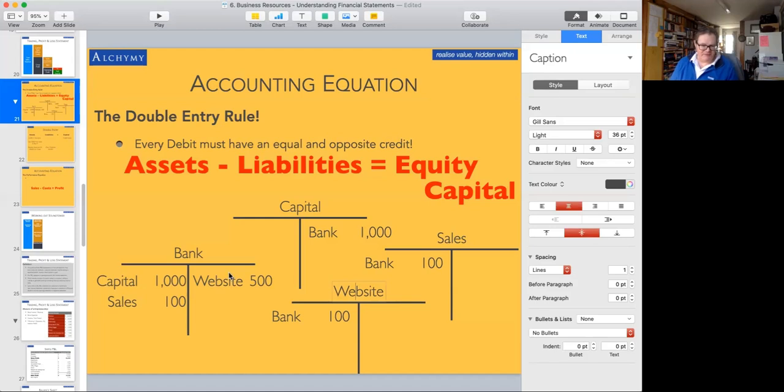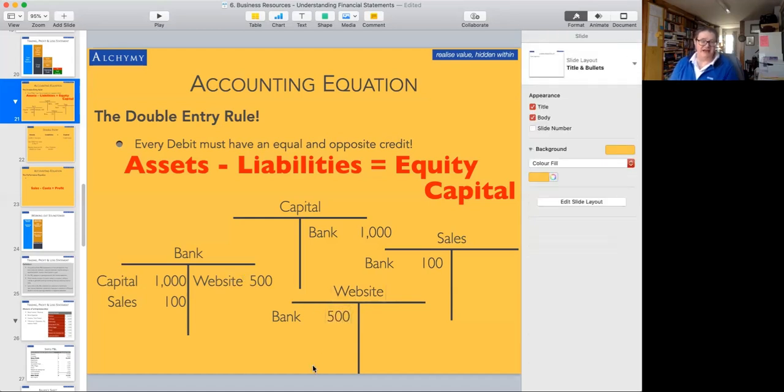Now, I spent 500 out of my bank account, so I've got 500 here into my website account. So that's actually an asset. So now I know I will have 600 in the bank, 1,100 less 500, I have 600 left in the bank, but I've paid for a website which is worth 500. So I still have 1,100 worth of assets, which